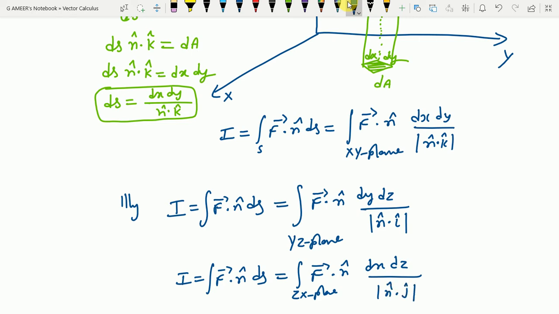So while problem solving, you can take any one of these: projection in the xy plane, or projection in the yz plane, or projection in the zx plane. The given complicated problem will simply convert into an integration in